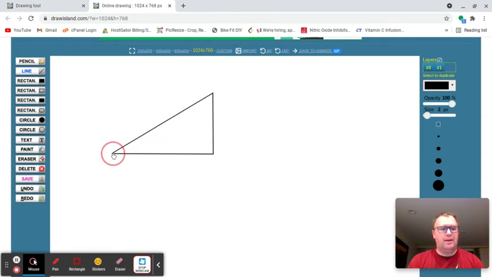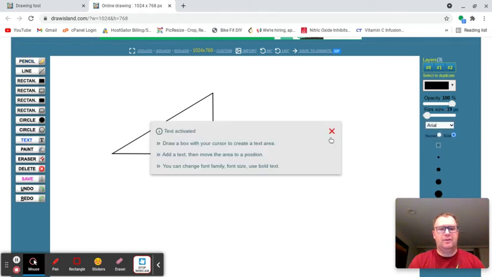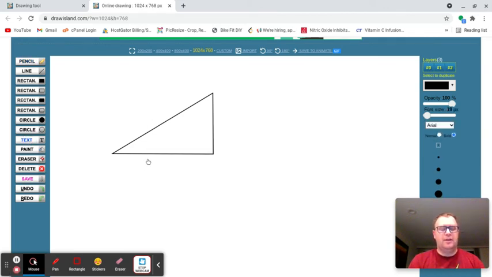But I want to have problems where, if you need to find, let's actually use text here. If you have the hypotenuse and one of the sides,